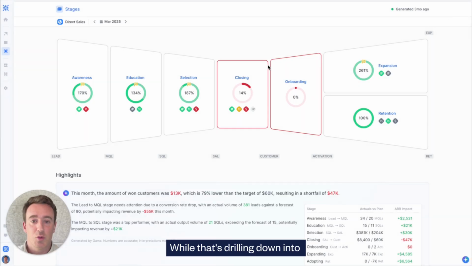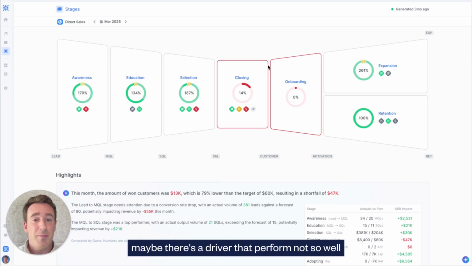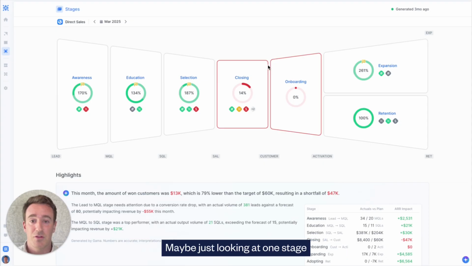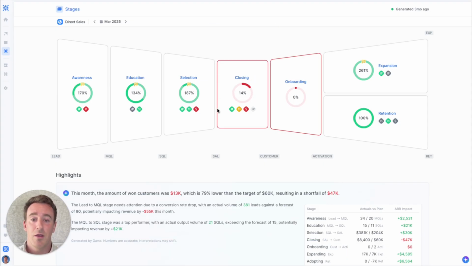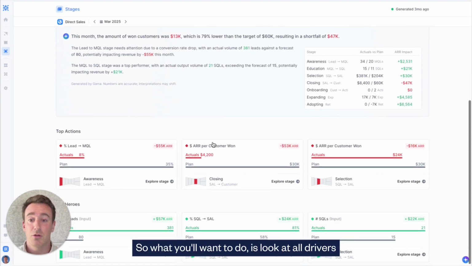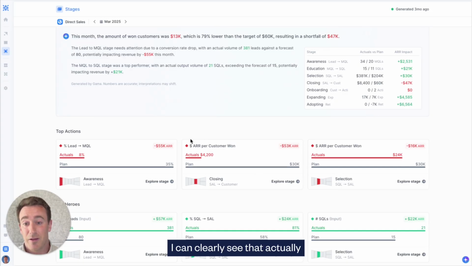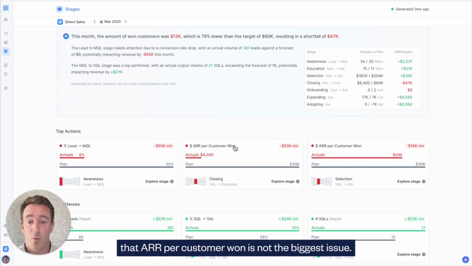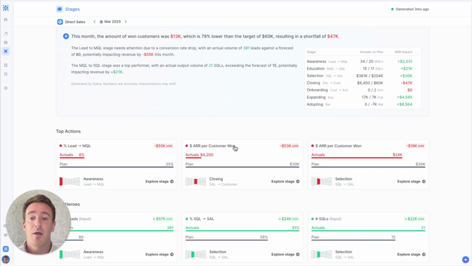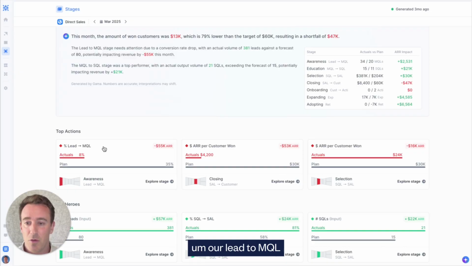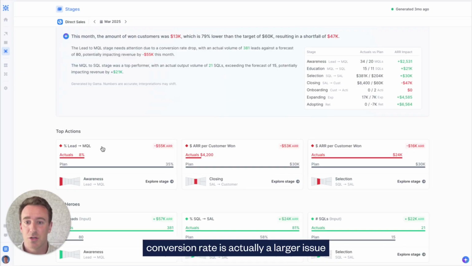While that's drilling down into the stage that performed the worst, maybe there's a driver that performed not so well that is maybe causing a bit larger impact, right? Maybe just looking at one stage is not telling the whole story. So what you'll want to do is look at all drivers across the whole customer journey and then stack rank them. And here I can clearly see that actually that AR per customer one is not the biggest issue. While it's still a very high AR impact, our lead to MQL conversion rate is actually a larger issue,